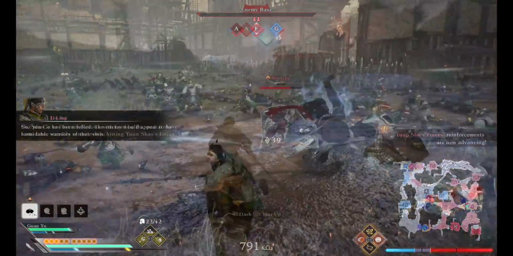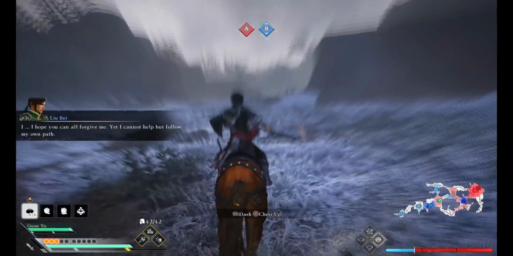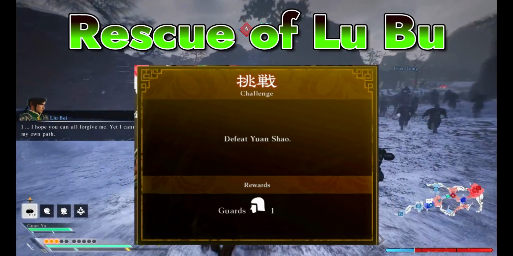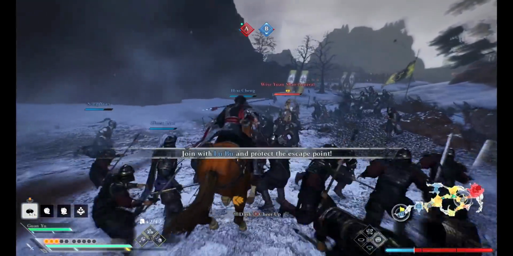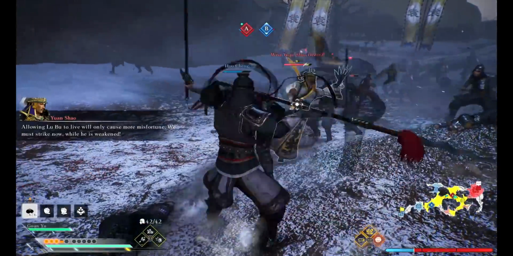Moving over to the rescue of Lu Bu. Again, quite a similar challenge in terms of difficulty. All we have to do for this one is defeat Yuan Shao. And for this one, with my preparation, the only thing I changed was my weapon, because if I'm going to be going into the heart of Yuan Shao's forces, who's surrounded by a ton of powerful enemies, I want to